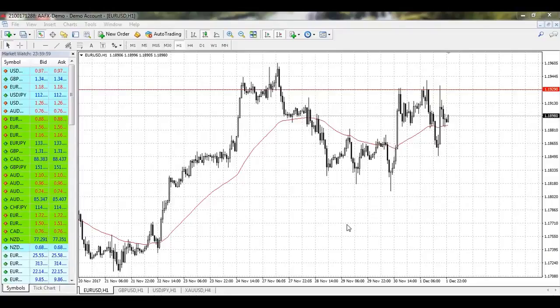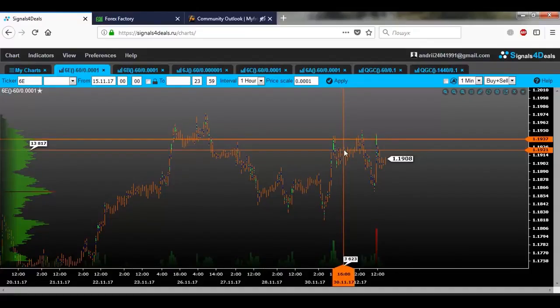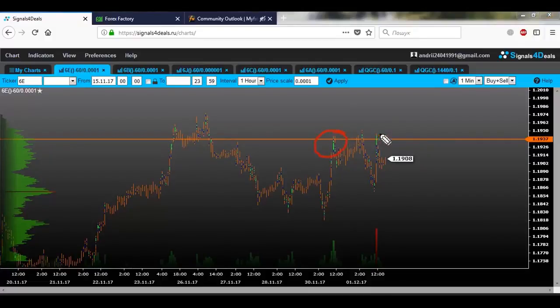I am a technical analyst at AAFX trading company, and traditionally we begin our forecast with the EURAUD currency pair. Here we need to point out the strong growth of the price last Friday and the test of the level of resistance. It's 1.1929. If we take a look at our volume chart for this currency pair, here we can point out that this level contains large volume and it holds the price below it,